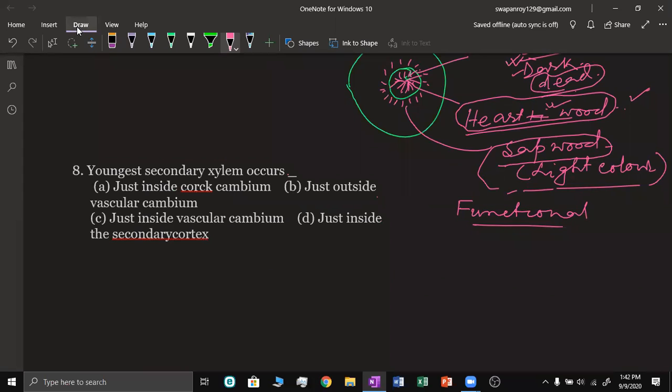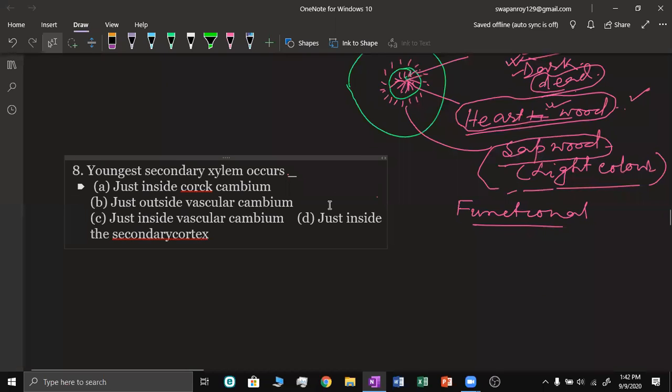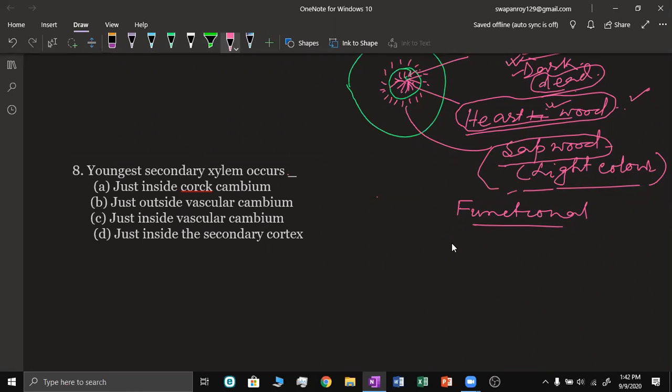So what is the position of the youngest secondary xylem? When secondary growth takes place, say this is the cambium ring, this red portion, the cambium ring, all right,